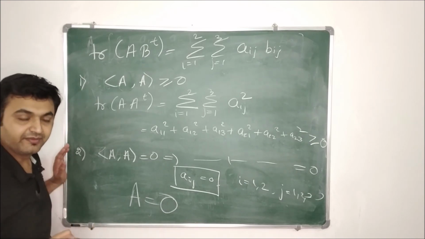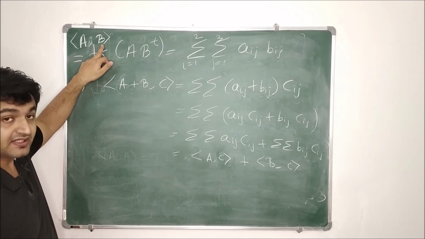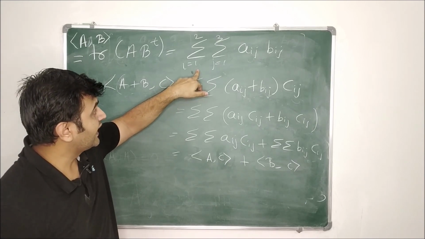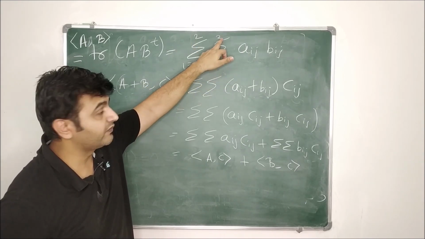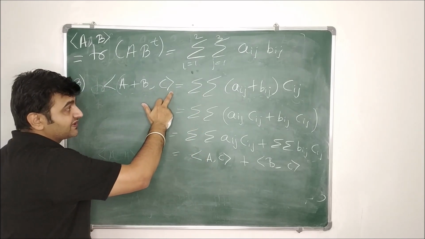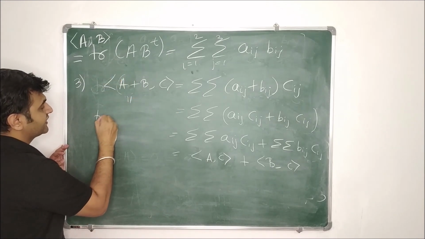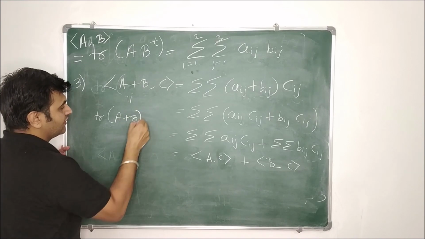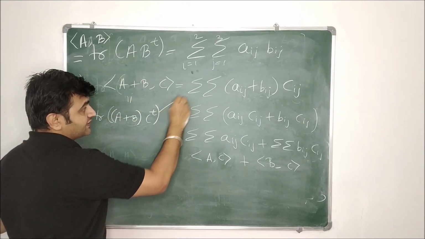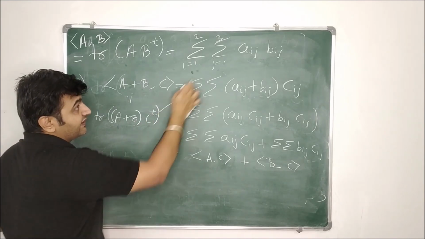Now let's go for the remaining properties. Now let's go for the linearity. So our inner product is nothing but the trace, which is nothing but this. If you are proving for general, make sure I will go from 1 to m, J will go from 1 to n. The same changes over here as well. So what is inner product of A plus B comma C? By definition it is trace of, so actually I should write one more step. This is trace of A plus B into C transpose, right, by the definition.